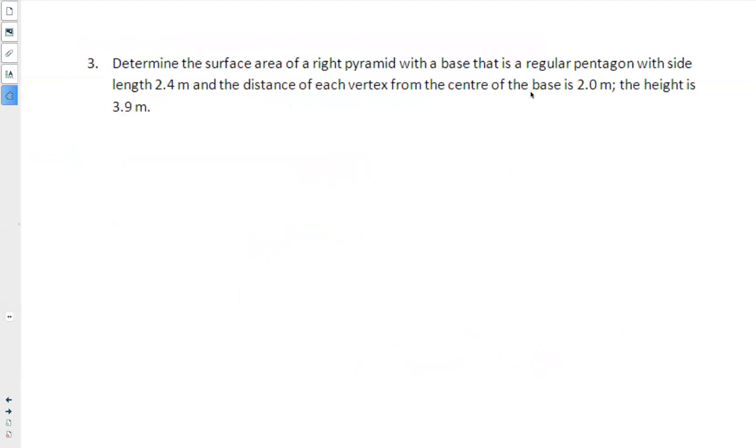So we're going to determine the surface area of a right pyramid with a base that is a regular pentagon. So a pentagon has 5 sides. They said it's a regular pentagon, so all of the side lengths are the same as indicated by those marks. So this pentagon has a side length of 2.4 meters, and the distance from each vertex to the center of the base